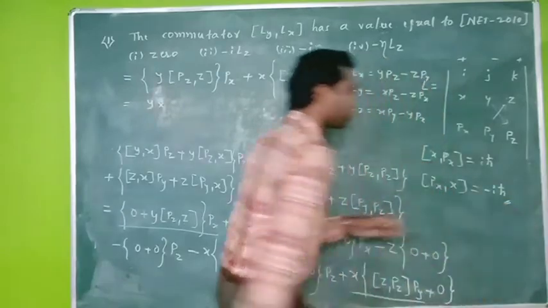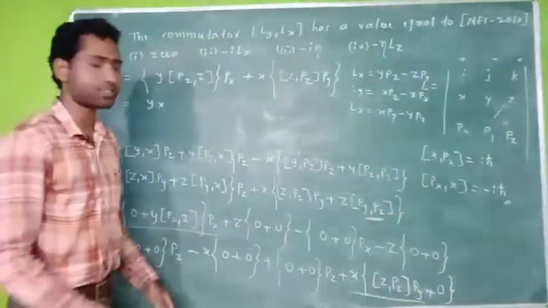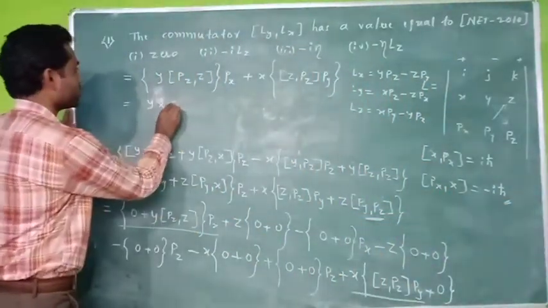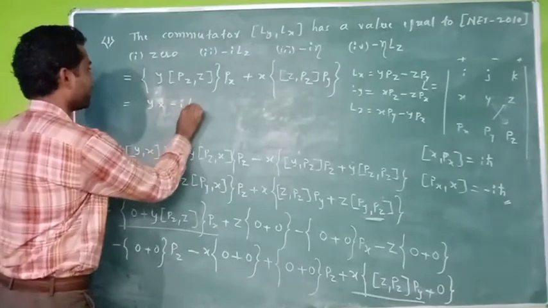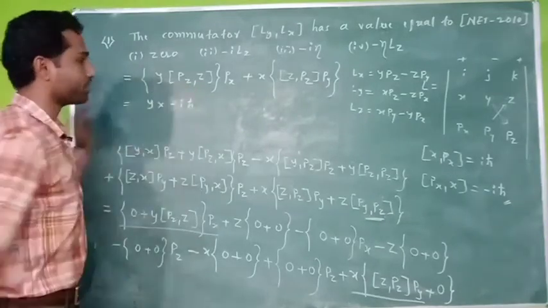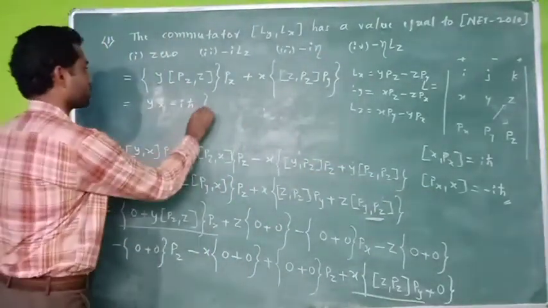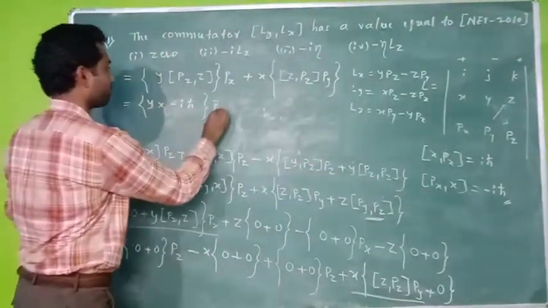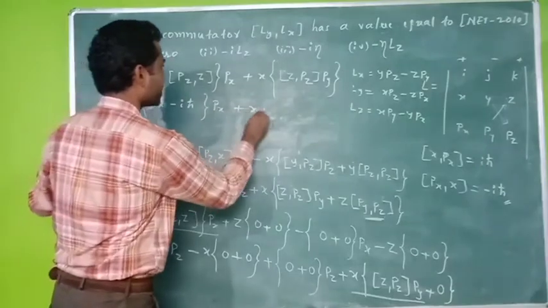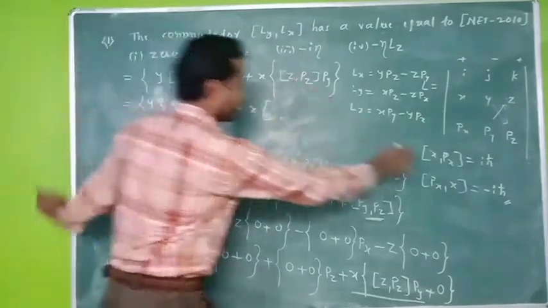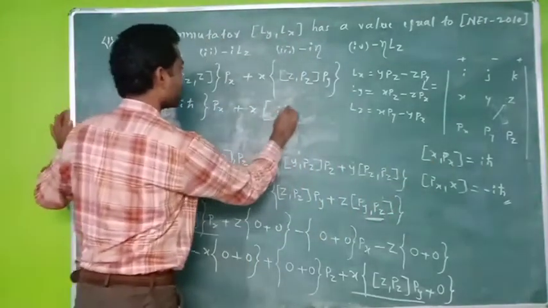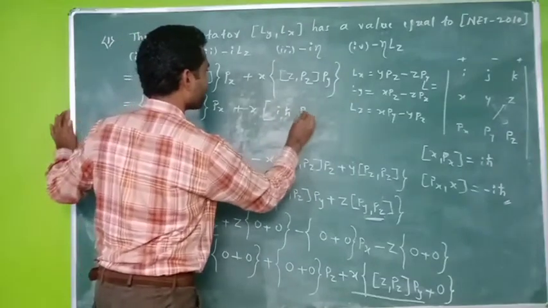This is according to the anti-symmetry property of commutators. So therefore this one is equal to minus i h bar. So here the variable is x, here the variable is z, that is the difference. So whole thing multiplied with px plus x into, so again this one i h bar into py,